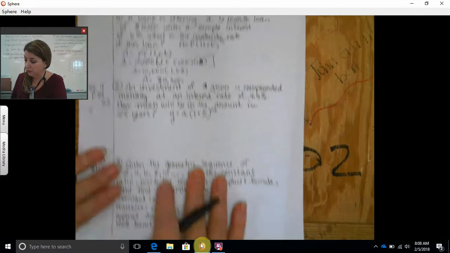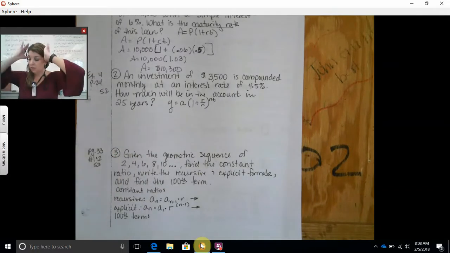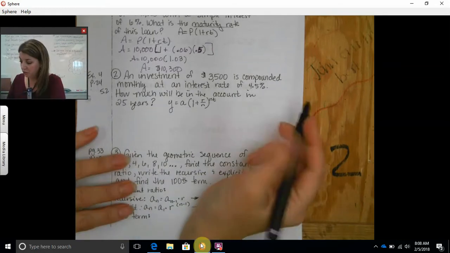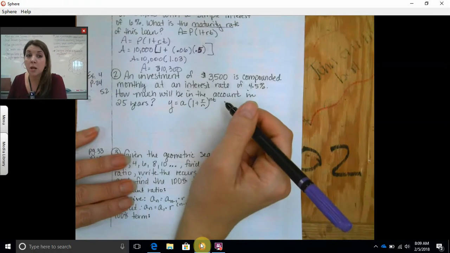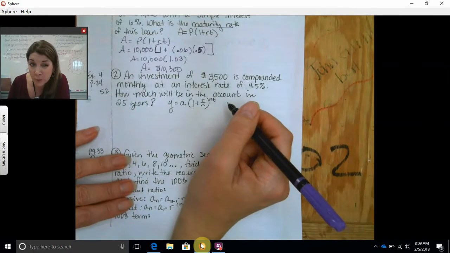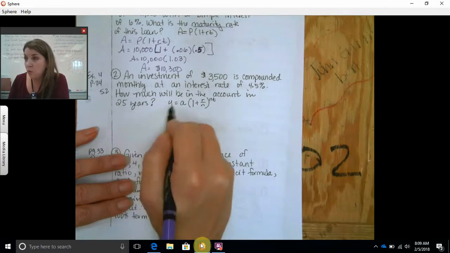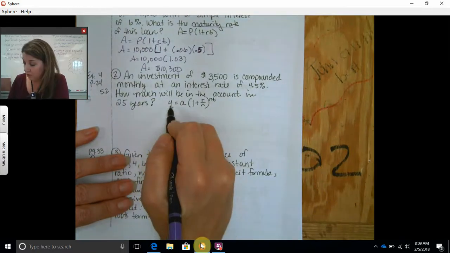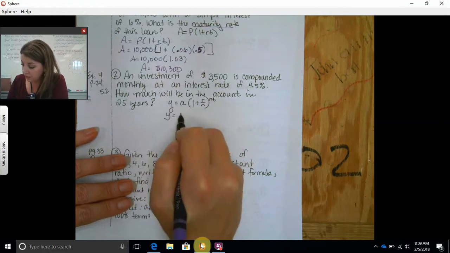Number 2, an investment of $3,500 is compounded monthly at an interest rate of 4.5%. How much will be in the account in 25 years? Okay, we've done compound interest 1 million times. You hearing me right now? 1 million. So we better be getting this right. So remember, Y is the amount in the account. We are looking for that. We don't know that. A is our initial investment of